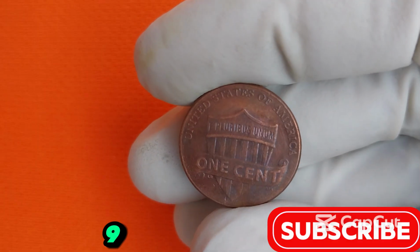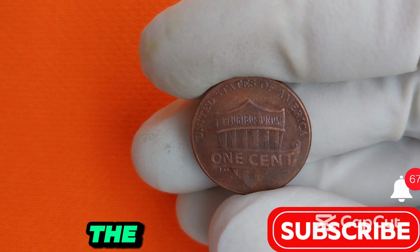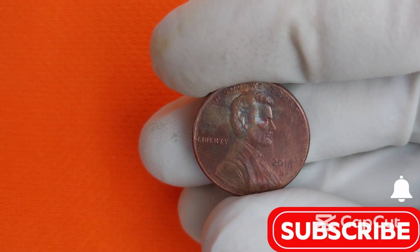In 1909, the U.S. Mint introduced the Lincoln cent, the first U.S. coin to feature a real person's likeness. Since then, the penny has become the longest-running coin design in U.S. history. For over a century, it's been a staple in the pockets and purses of Americans, but it's also become